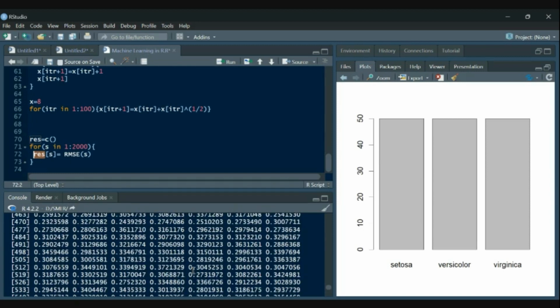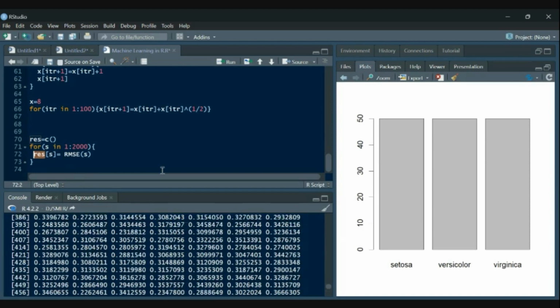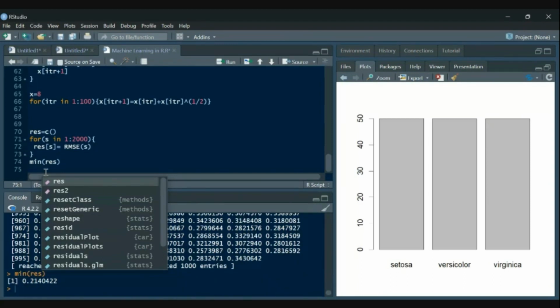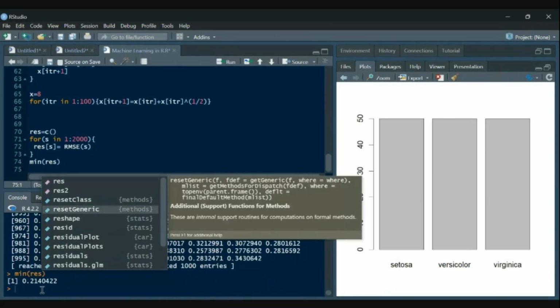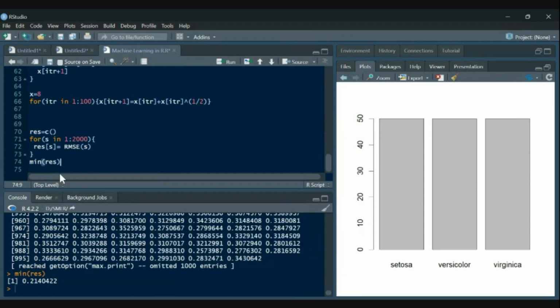So these are the 2000 values of RMSE, and using these values, now I want to find the minimum of these RES values. So this is 0.21404422. Now this corresponds to which value? So again, I would like to use the which command here. Basically we need to check which RES is equal to the minimum of RES.